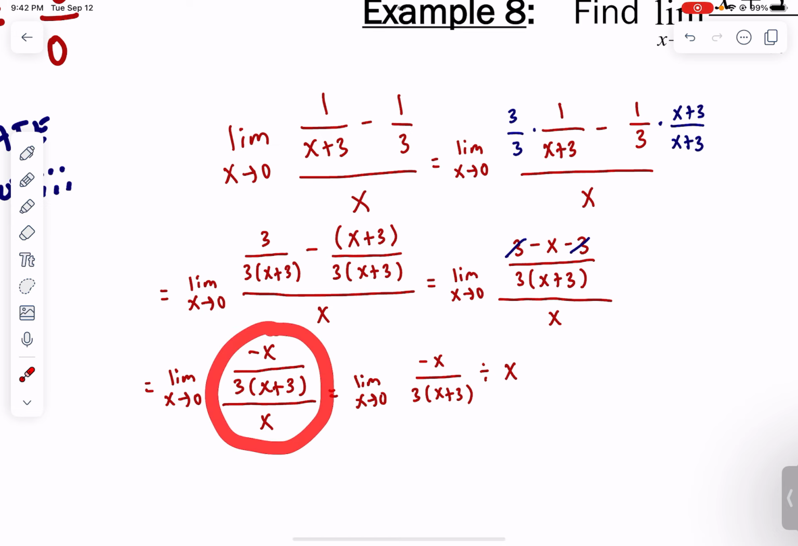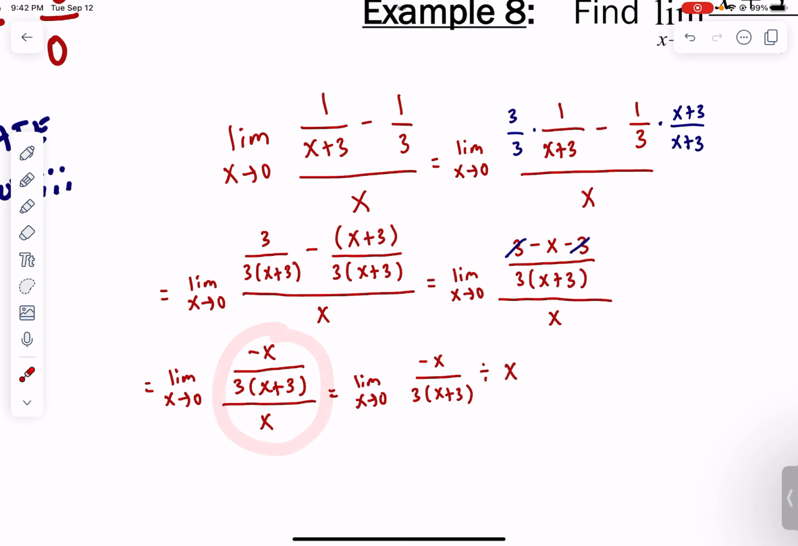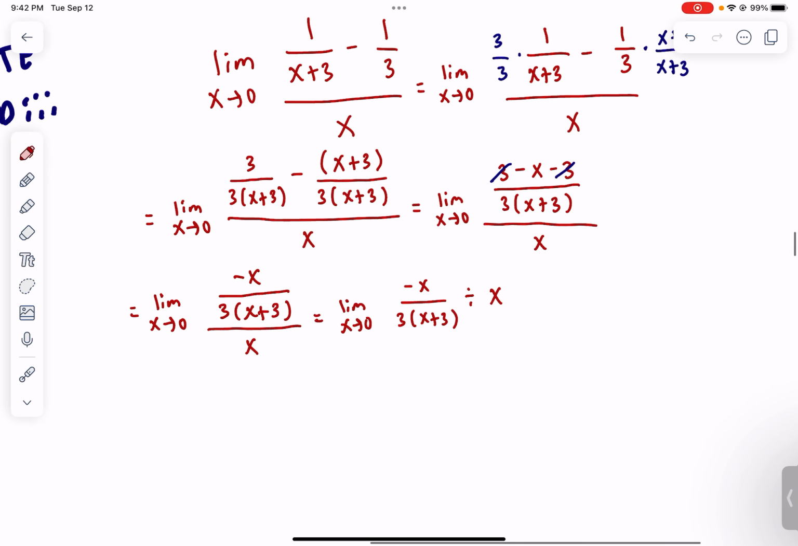So this right here is another way to rewrite this right here. And then if we use the rules here, we'll turn this division symbol into a multiplication, and we'll take the reciprocal of this. So this is equal to the limit as x approaches 0 of negative x over 3 times x plus 3. Change to the multiplication sign,